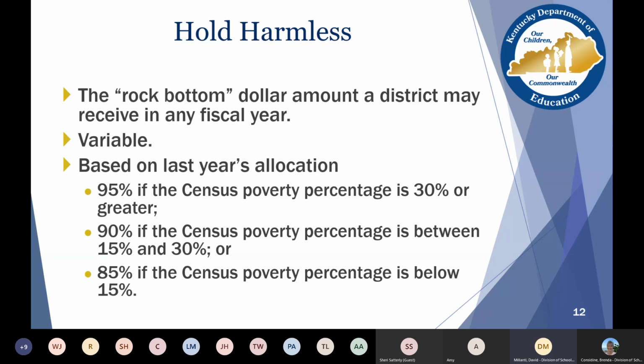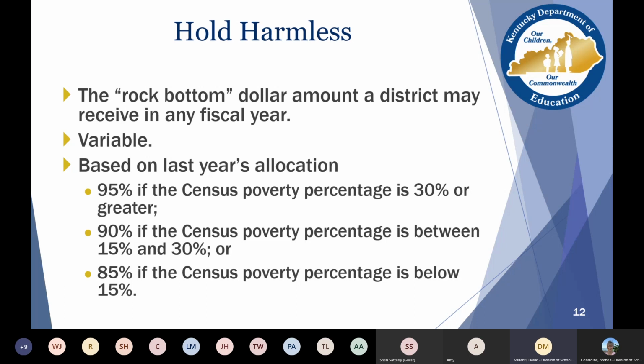But I think that contact information is important because US Ed encourages folks to challenge those numbers if they think they are incorrect. The only thing I will say is we've had a few districts try to challenge that in the past, and really the message from the Census Bureau is, unless they identify some sort of human error in inputting data, they are not going to change those estimates.